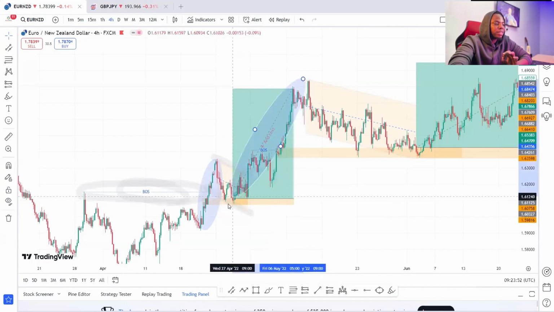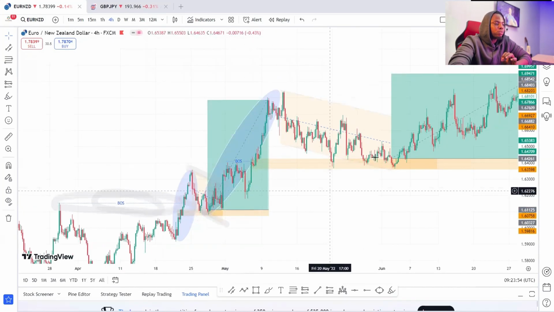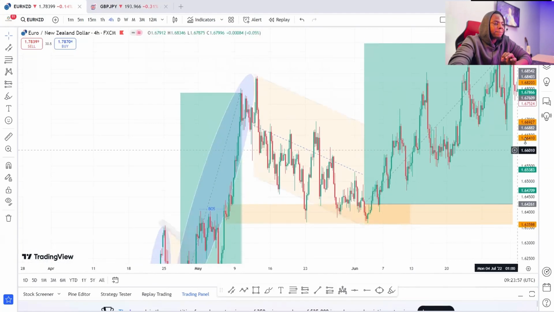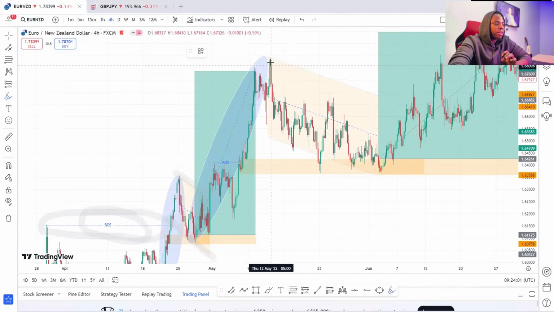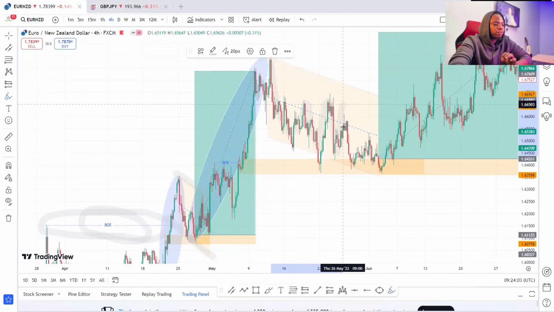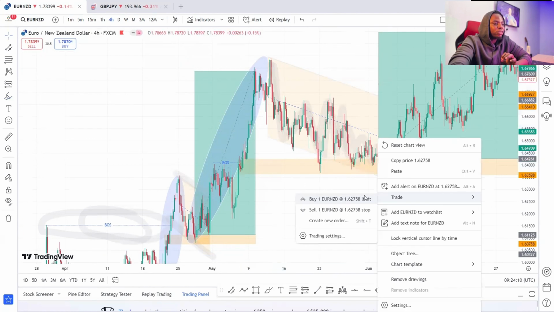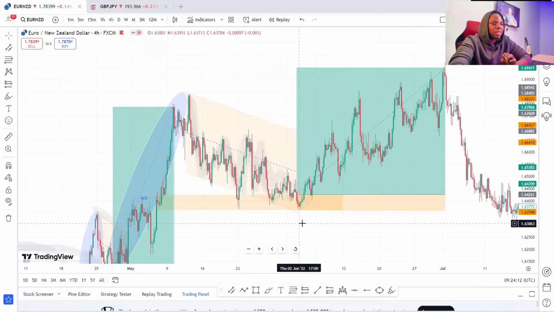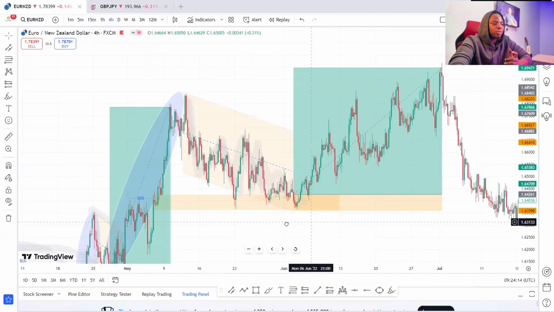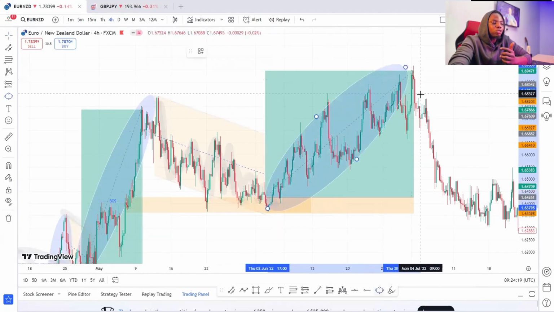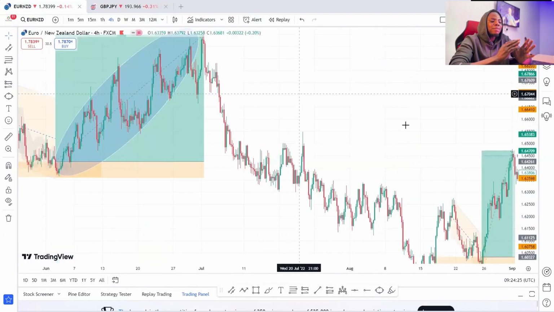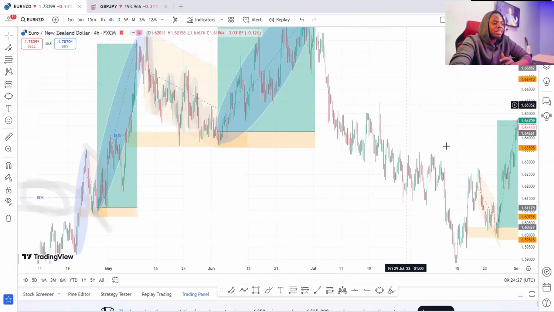We have an impulse movement to the upside, which is here. And if you notice, the second trace comes up here, whereby after we had this impulse movement, the market did what? The market gave us a good correction back to the downside. Looking at it, you don't need to force the market. All you just have to do is to look for a way to join that uptrend. Here now, the market has done another impulse movement to the upside, and that is a sign that the market is going up.